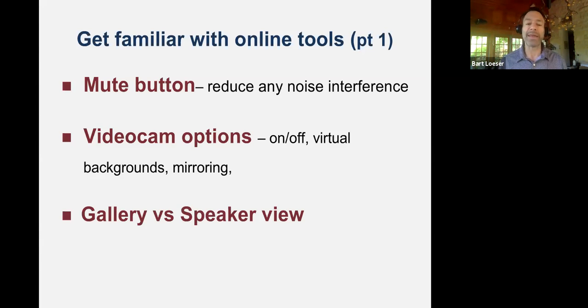Keep in mind, ideally, to have it on gallery view when you want to see everybody. But if you want to see the speaker themselves as the primary picture, put it on speaker view, and then you can see a strip of a few other people, and you can move people through the strip if you want to see who else is in the meeting or see specific people.